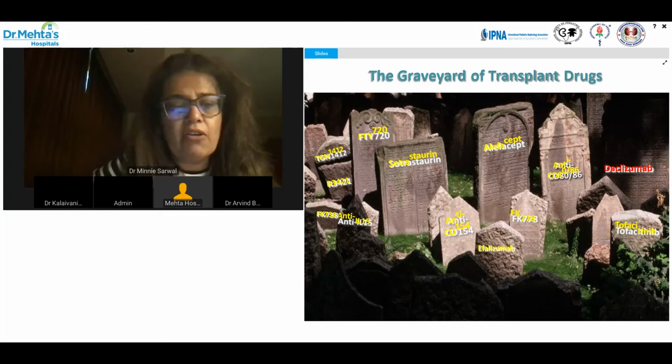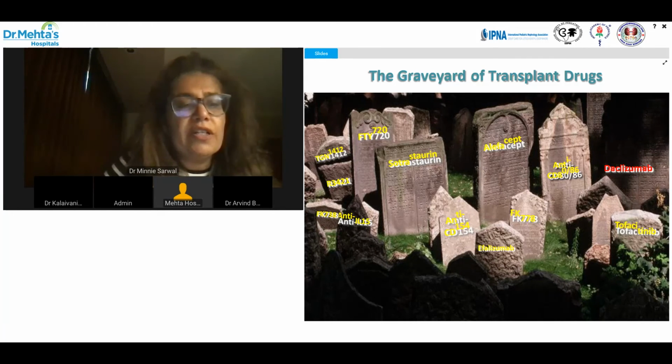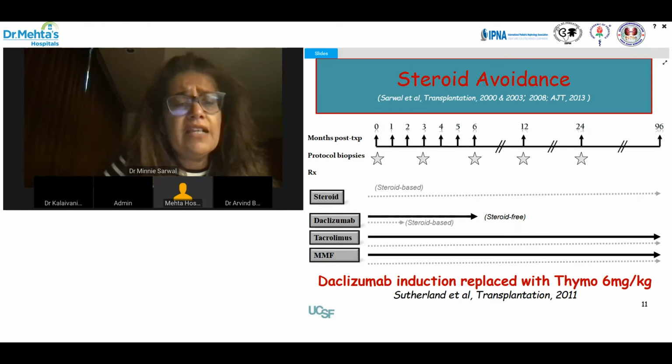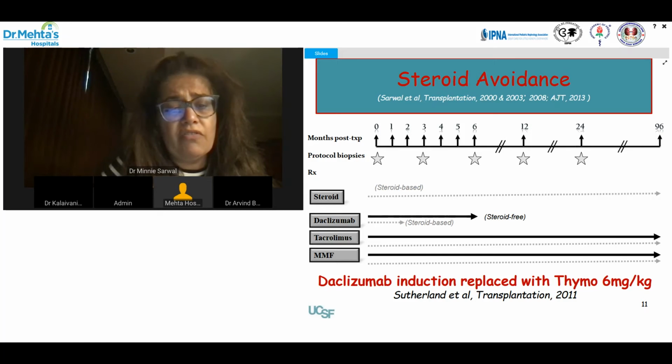Daclizumab, unfortunately, also shortly joined the graveyard of these drugs and in fact is no longer available in transplantation. But I'd like to just briefly run through the slides to show you that this approach of steroid avoidance works extremely well if there is effective induction. So even though daclizumab is no longer available, this has been replaced with just thymoglobulin induction of 4 to 6